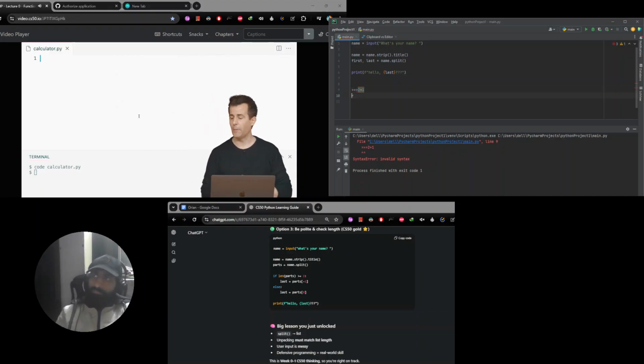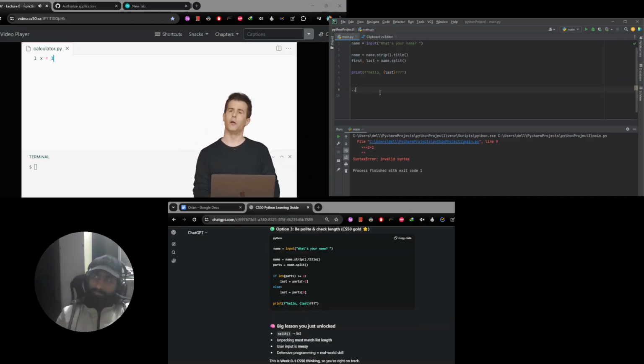That gives me a new tab up top. So I have already closed hello.py. I'm now in calculator.py. And let's just make a simple calculator that does some addition for me. But I'm going to do it in a file so that we can iterate on this and make changes for better or for worse over time. Let me go ahead and first declare a couple of variables. I'm going to do the mathematical thing of calling my first variable x, my second variable y, and then I'm going to give myself a third variable, z equals x plus y,